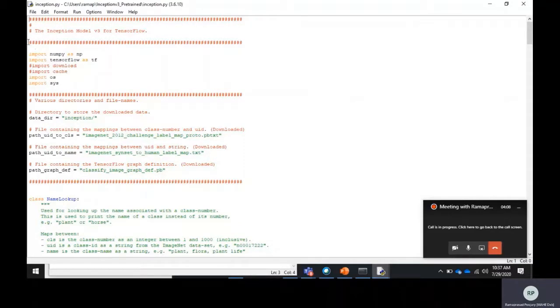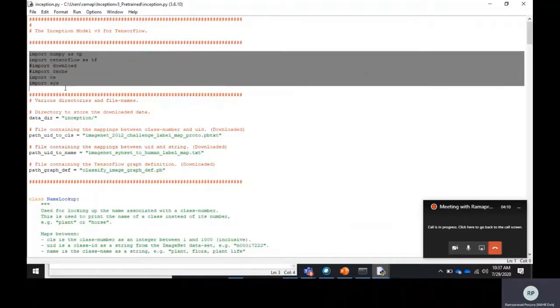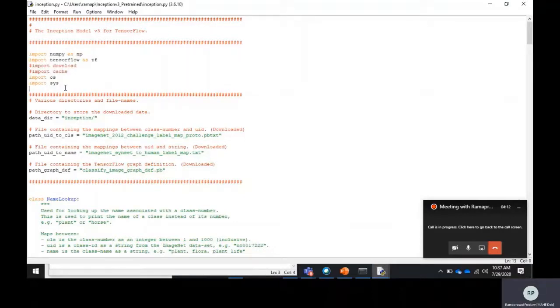If you observe here, the first section is where you import all the necessary modules which are required. NumPy and TensorFlow: when you install TensorFlow, NumPy also will be installed. The download and cache modules you may not need when you're using a pre-trained CNN model just for classification purposes, though this file can also be used for transfer learning.